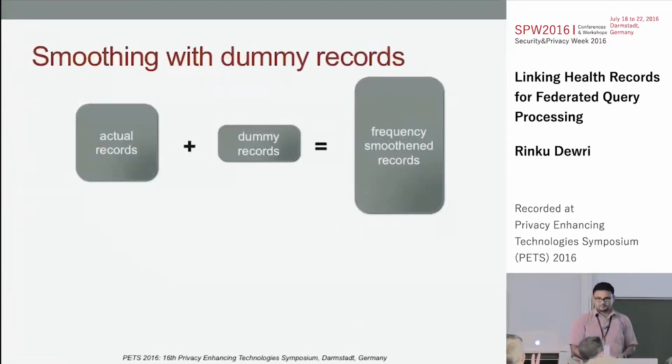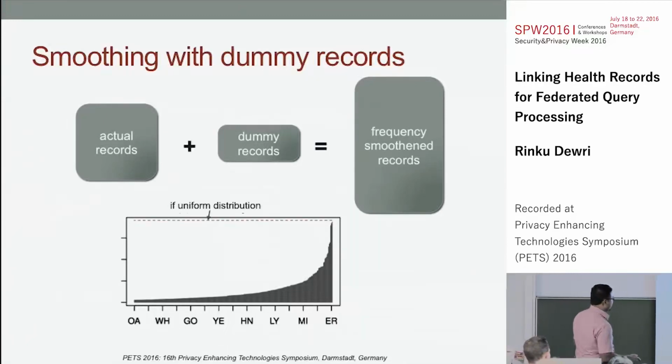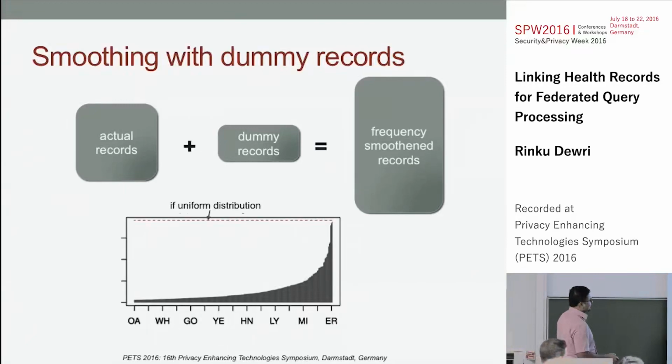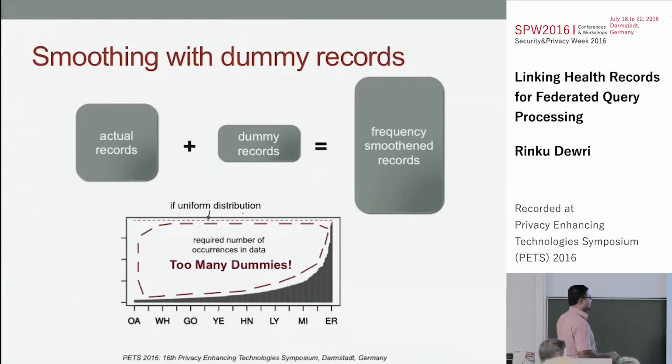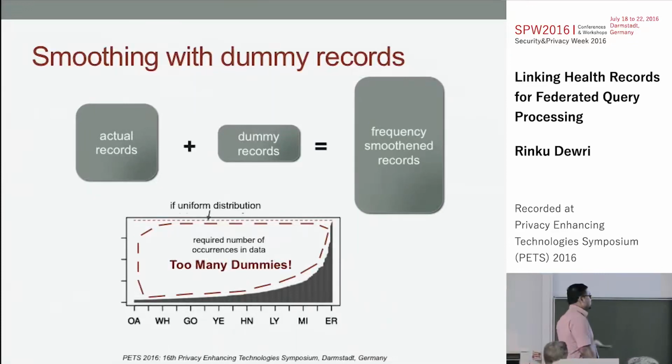But of course, the frequency attacks are still possible, and I do not have keys now to choose from to flatten the frequencies. So one way to handle this would be to insert dummy records into the actual records. If you look at the distribution of the frequencies in some attribute in the bigrams, this is the uniform distribution. If all frequencies were at this level, it would have been uniform. So we could use this empty space, which tells us the count of bigrams we can use for each of these to create dummy records. But if we do that, then you're going to have many more dummy records than